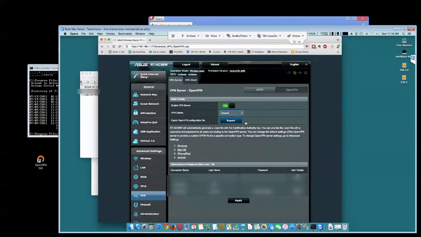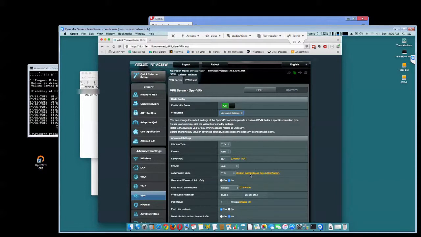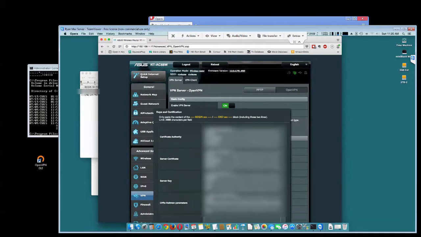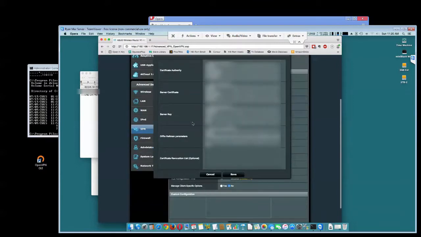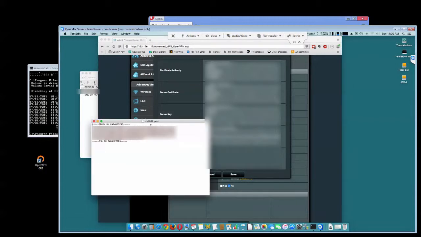But what you need to do on the Asus router to import the new key is go to the VPN, click on OpenVPN. I've already set up the OpenVPN, so in this case we just change to advanced settings. Click on this content modification, keys and certification. Open this up, and under the Diffie-Hellman parameters, we want to go ahead and paste the whole new key, which,